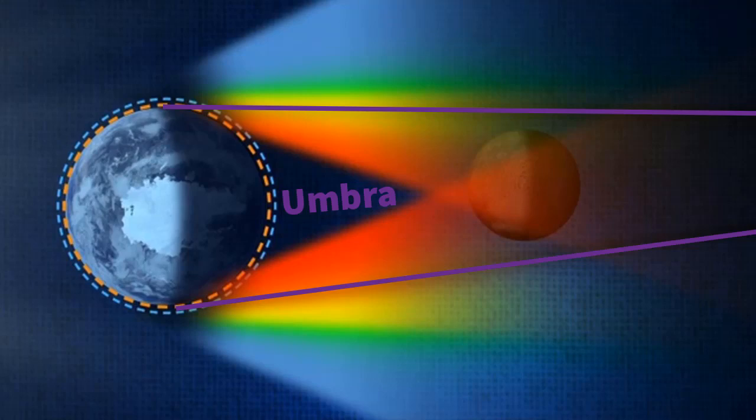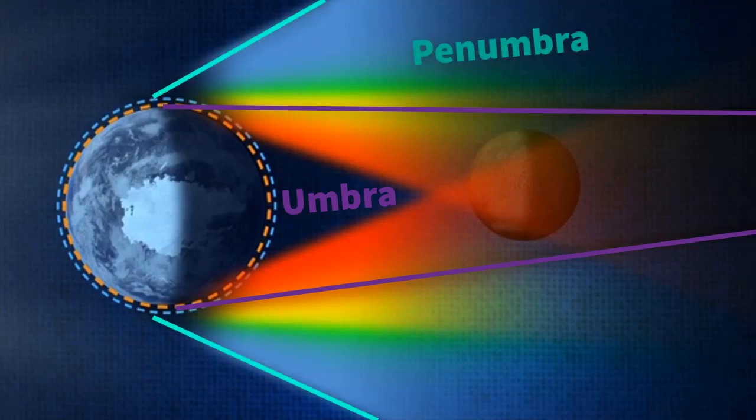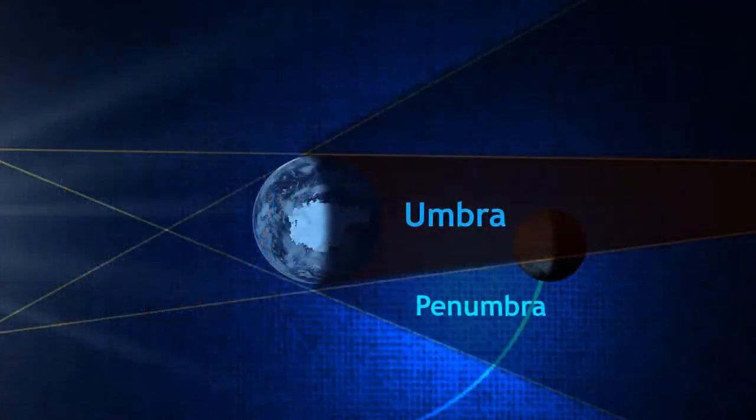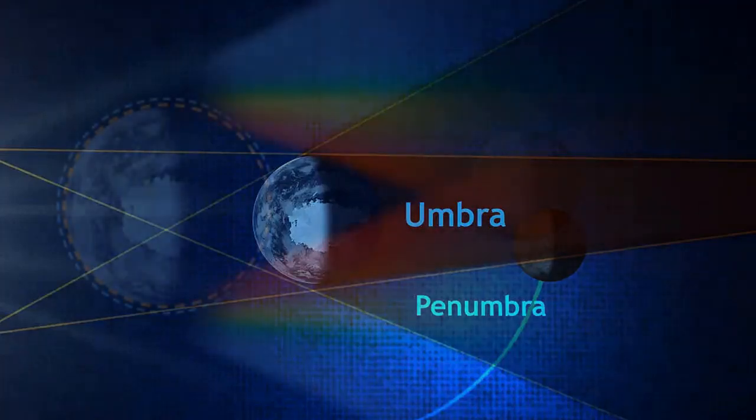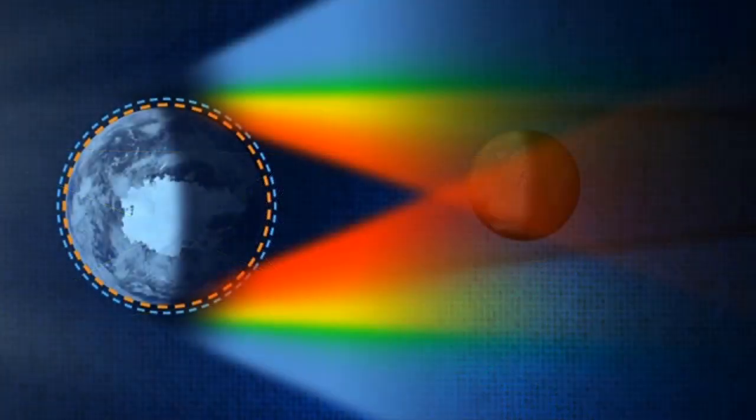So now if we look at this outside portion, which is the penumbra, that's going to be where it's partially eclipsed by the sun, where it only has some of the sunlight. So that is a penumbral eclipse. However, a partial eclipse is going to have some red to it. So it's going to go through that umbra area and be part of the penumbra and the umbra portion. So it's going to be on the border, hence partial lunar eclipse. So a full lunar eclipse is when it's completely red.